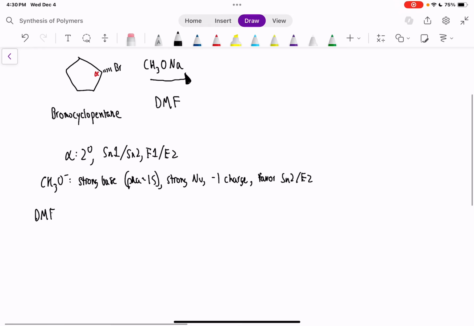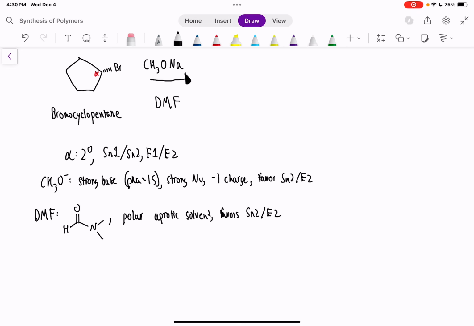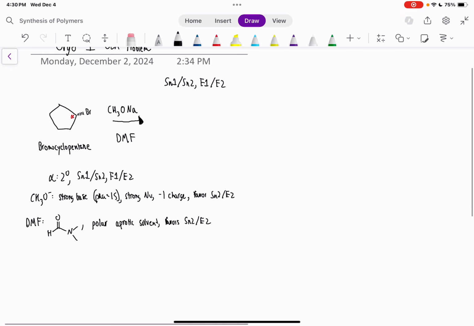The next part is looking at our solvent, which in this case is DMF. Now, if you don't remember the structure of DMF, I'll draw it out right here. Specifically, the most important thing to note is that this is a polar aprotic solvent, which favors SN2 and E2. The reason being is that when we don't have a proton to donate to a strong base